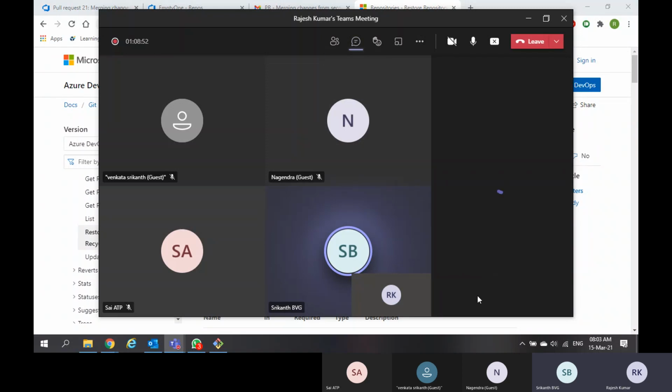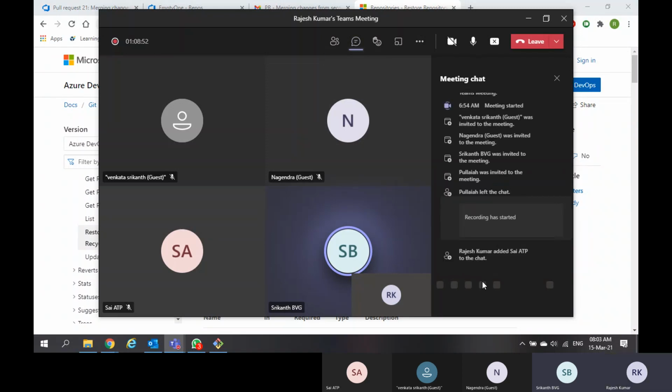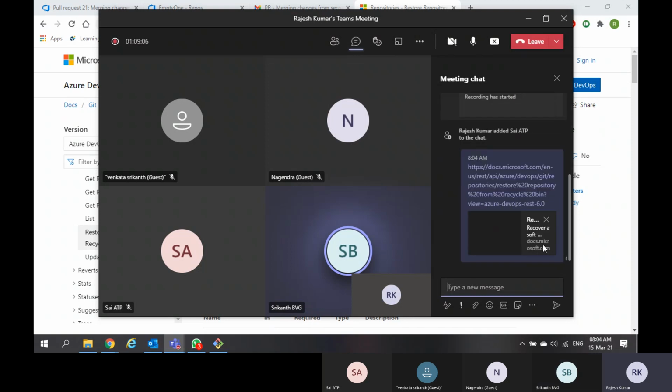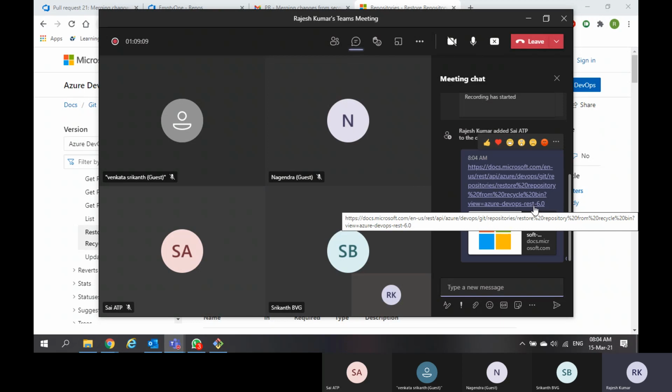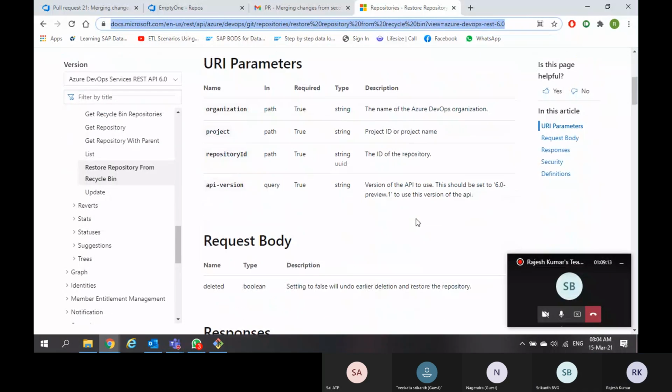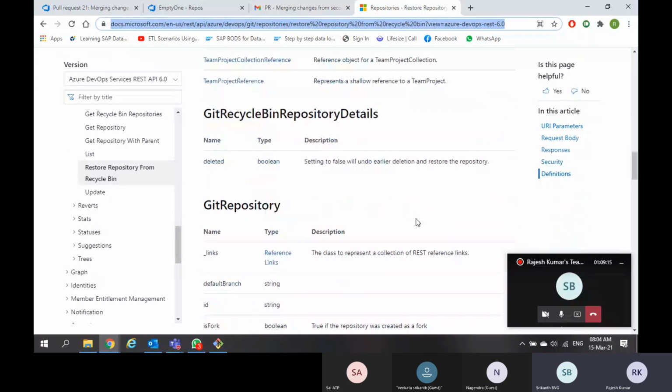We do not have any GUI. But for a project we have a GUI way, within 28 days. So I have given the link. If possible, go through the link. It is using the REST API. Again, you need to know what REST API is and how I can perform this. Yeah, long concept.